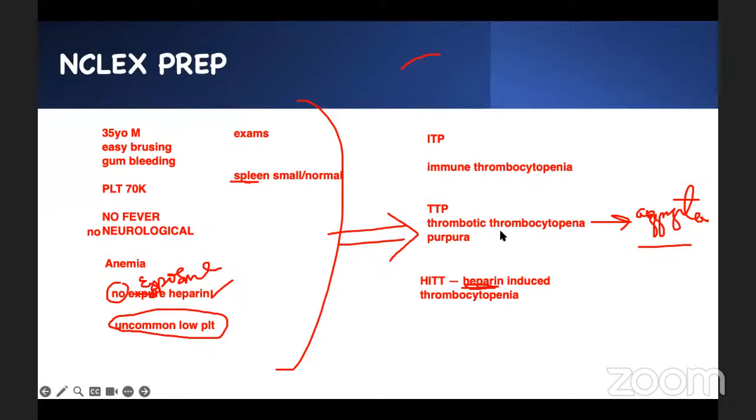This is what we call thrombotic thrombocytopenia purpura. They have neurological problem, they have fever, they have anemia, they have no exposure to heparin. It's the most uncommon cause of low platelet, and this is what we have: thrombocytopenia and thrombotic event. Now, if it's the same patient, and I change the scenario, and I say the spleen is bigger than normal,